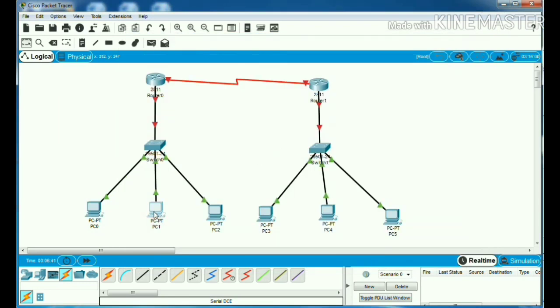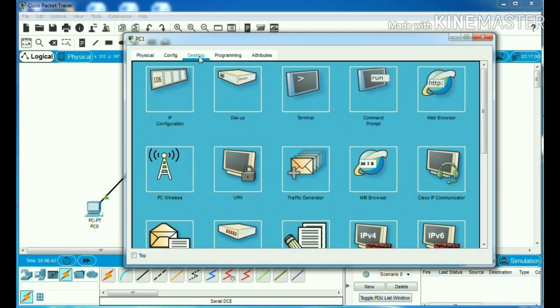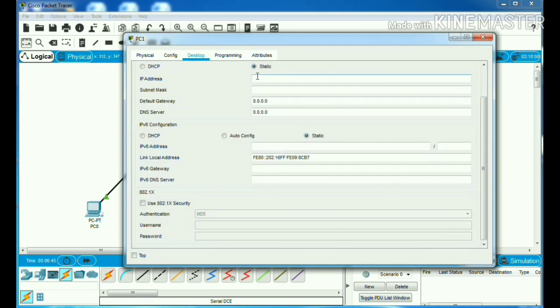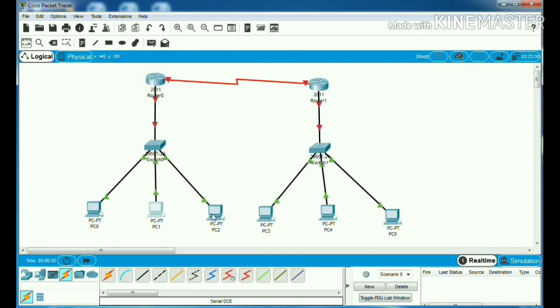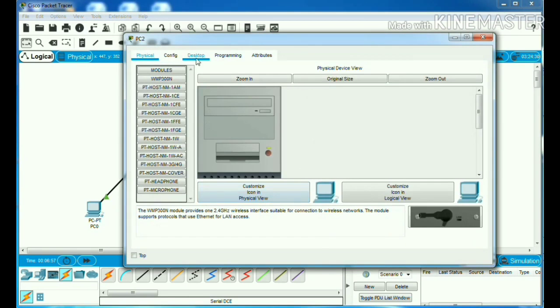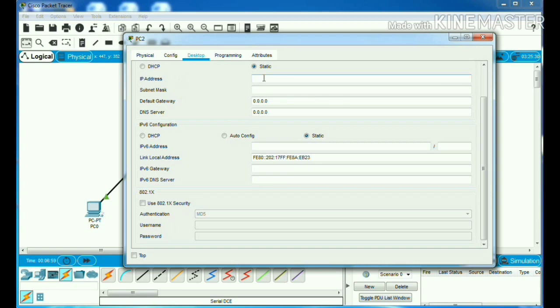Close it. PC1, desktop, IP configuration, IP address 10.3 and the default gateway is the same as the previous, 10.1. PC2, desktop, IP configuration, IP address 10.4 and default gateway is 10.1.